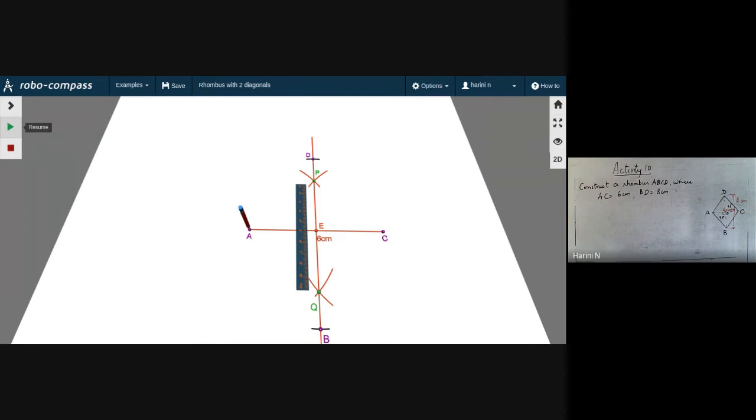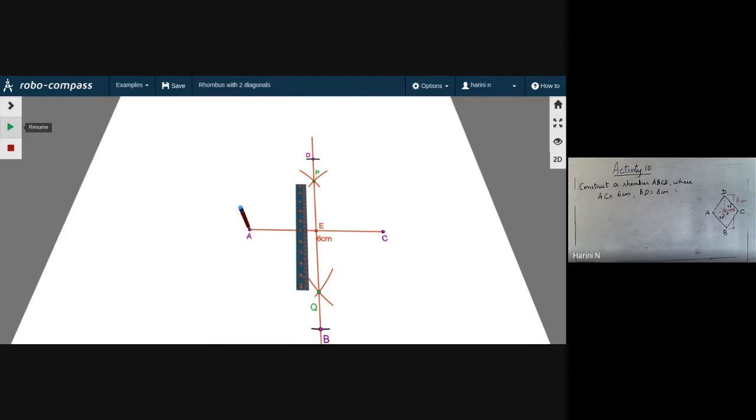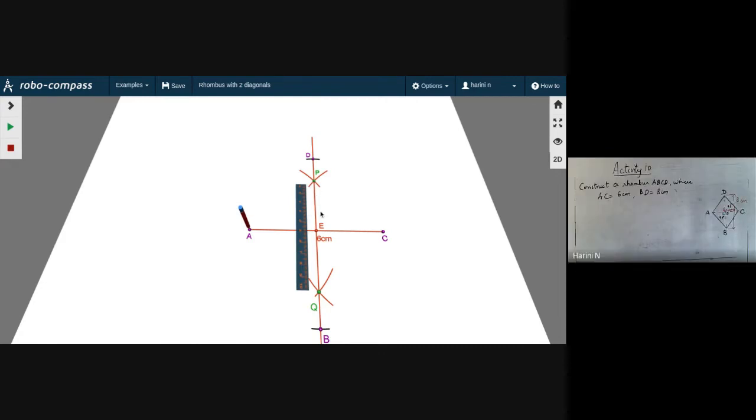Is it compulsory that it should come above the arc? No need. It depends on what radius you have taken. For some of you, it may come below P also. That's no problem. Yes, ma'am, it came for me below P. Okay, but you should know that you should have taken exactly 4 centimeters in your compass, nothing less or more than 4.